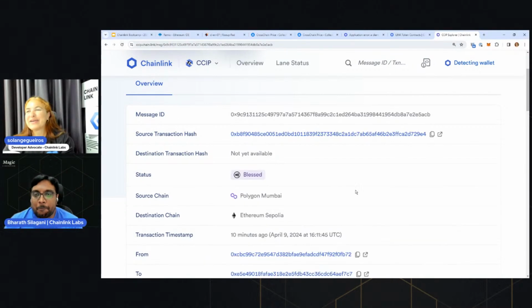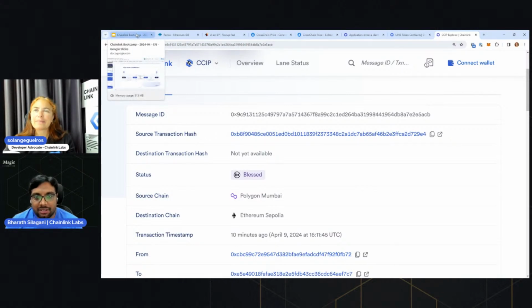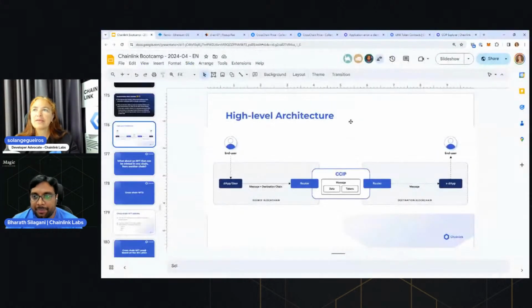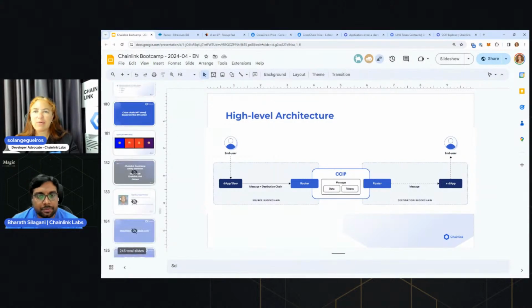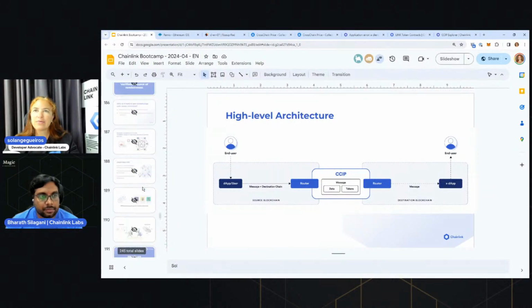Yes, and I'd like to wait with them until the end. We have time to do that. Yeah, definitely. We've got 10 more minutes, no issues at all. But everybody, if you have any questions related to CCIP or today's session, feel free to post. We have more time, so Solange can definitely answer those for you. And let's review something with you as well before that. Remember that,